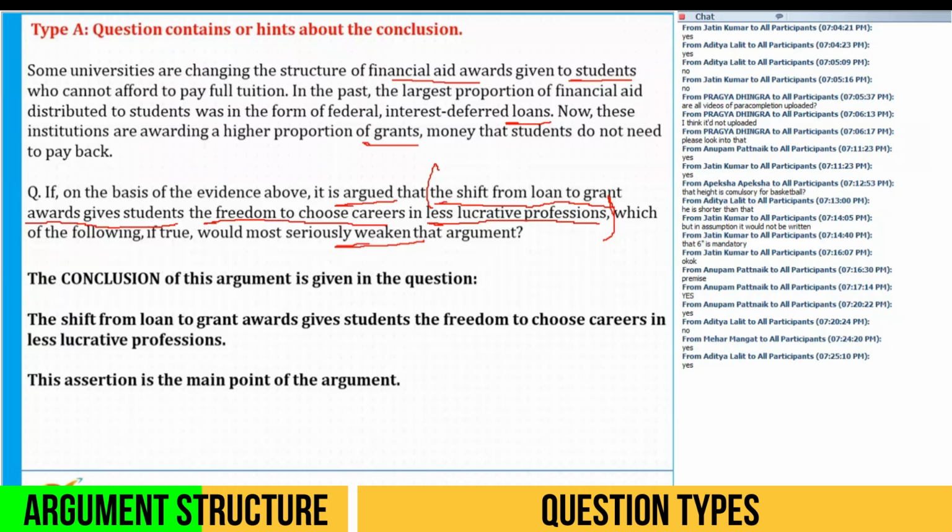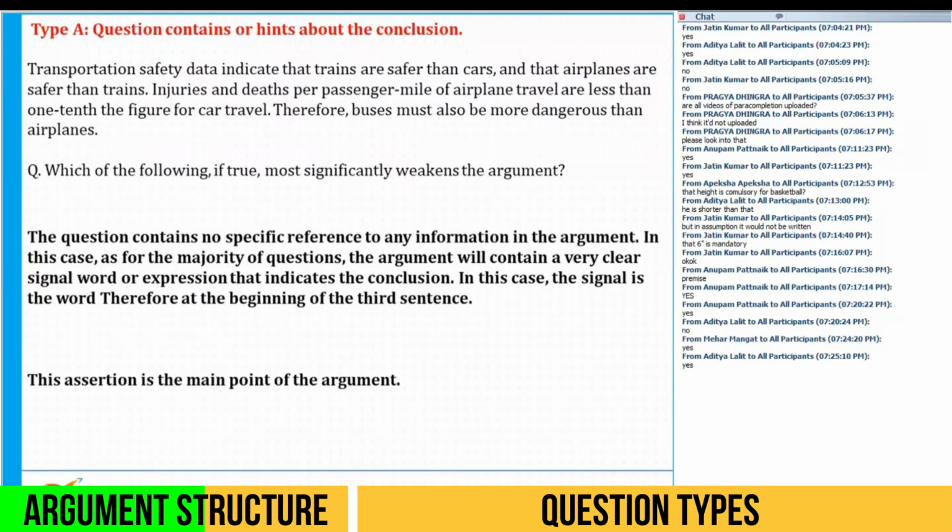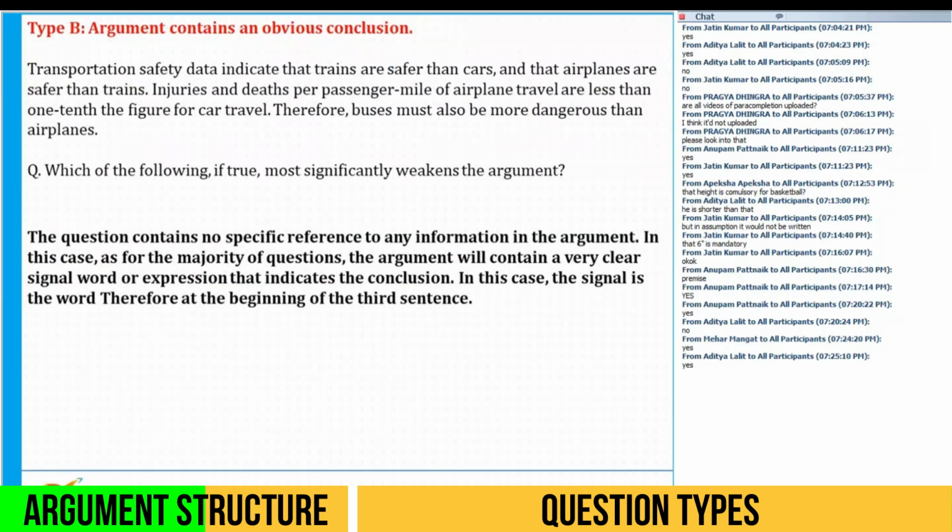Okay. So you saw over here that the conclusion of this argument is given in the question itself. This is one way in which they are going to present the conclusion to you. And the second form, which is the very obvious form, and most arguments will follow this pattern, is that the argument will contain an obvious conclusion. For example, here it says,